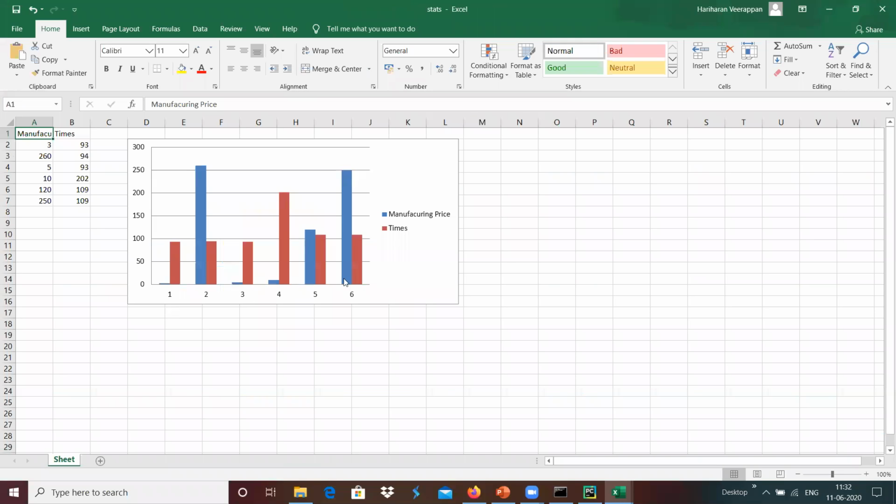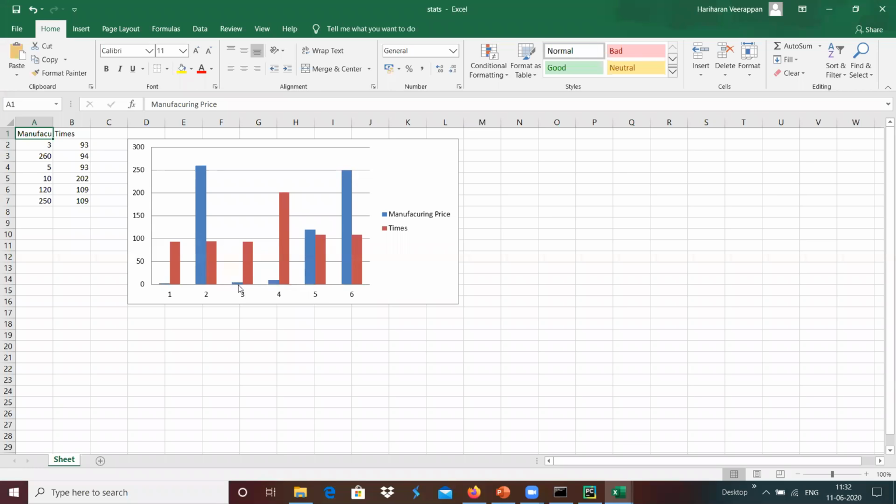Yeah. Here we have that manufacturing price and the number of times. The manufacturing price is 3, and we have the number of times is 93, and we have the manufacturing price is 260, and we have that only 94.